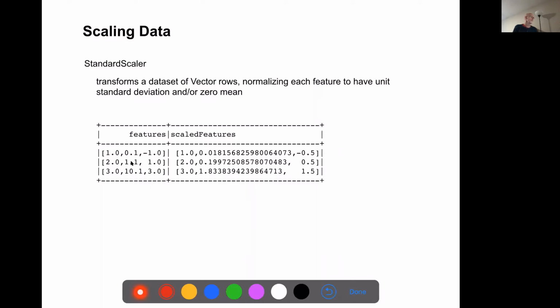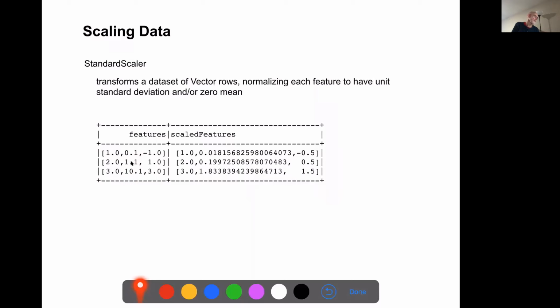Looking at these values, this value is extreme, whereas the others are -1, 0.1, 1.1, and 10.1. A lot of different algorithms will give the outlier far more weight than it probably deserves.